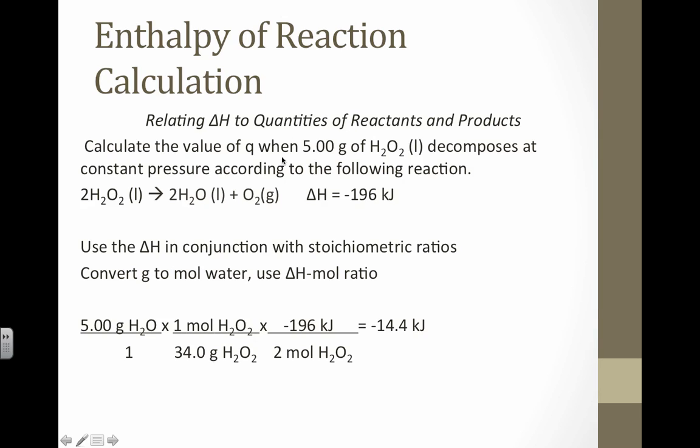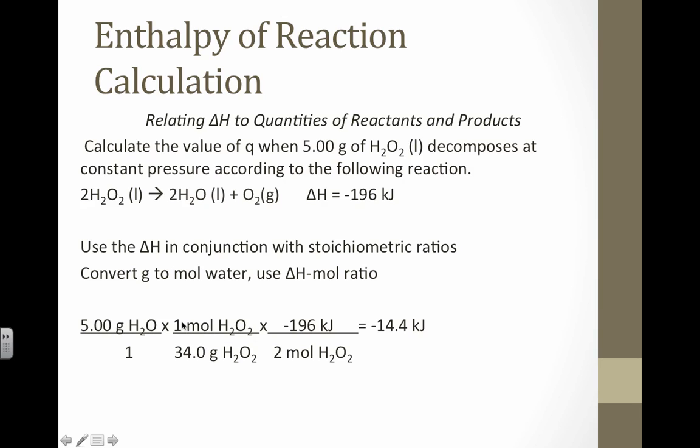Let's say we want to know how much delta H or Q would be if we had 5 grams of this. Well, again, this is basically like a stoichiometry problem, where this is a mole ratio, right? Moles of hydrogen peroxide to kilojoules. So we need to convert our 5 grams into moles. We multiply our 5 grams by 1 mole over the molar mass,